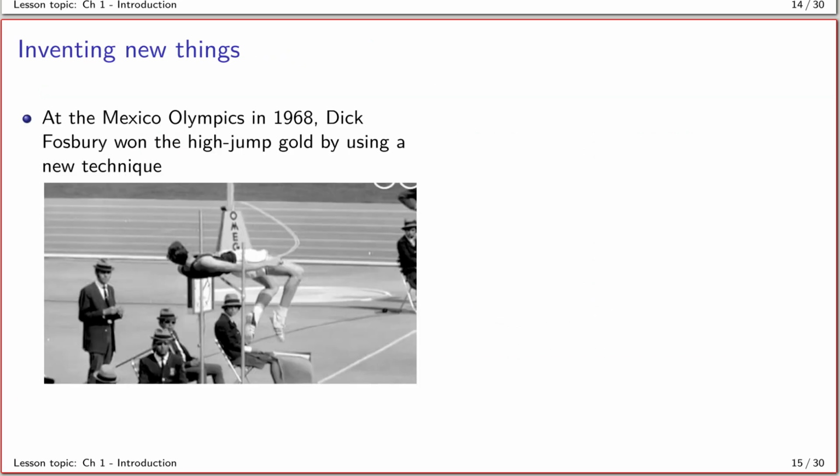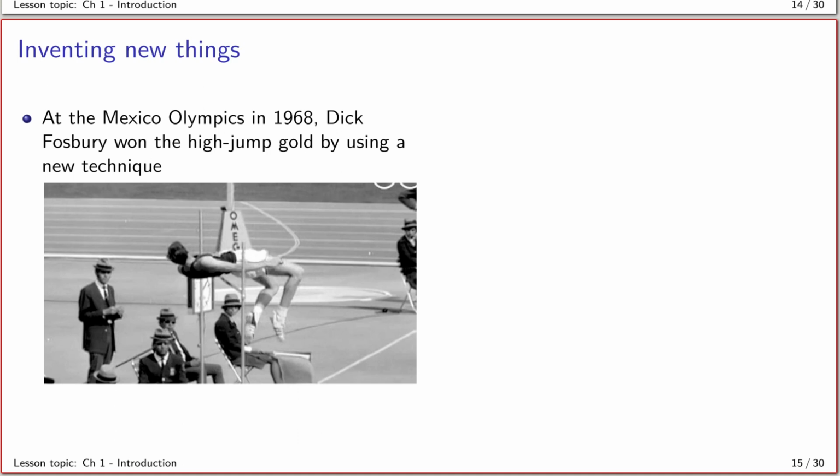Understanding static mechanics also leads to discoveries, for example, improvements in machines. And even this very interesting example here: some of you may have heard of Dick Fosbury, who actually graduated and became a very well-known civil engineer. But in 1968, he was just about to start his college career, and he took part in the Olympic Games